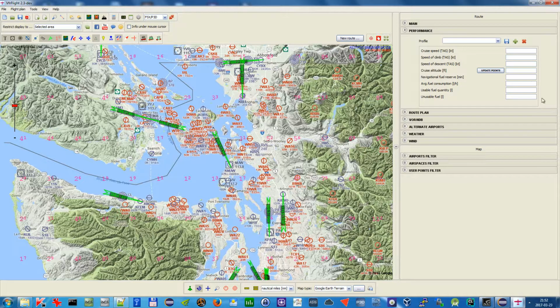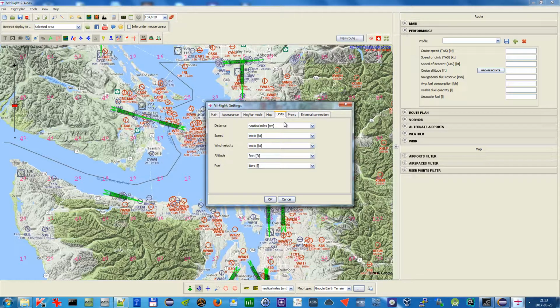Okay, so here we have performance. I will start describing the values over here, and then I will come back to the profiles here. First the cruise speed, which is true airspeed that you provide over here. Here you provide it in knots, but if at any moment you want to change any unit, you can go to the settings and units tab, and here you can choose any type of unit you want to see in VfrFlight, which is extremely useful